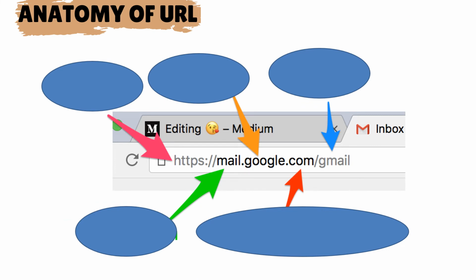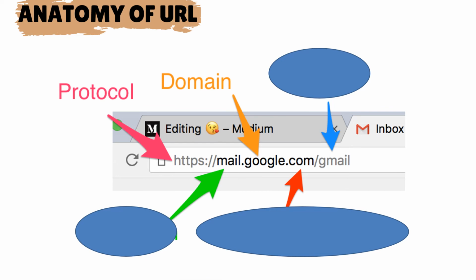Now let's proceed to the anatomy of the URL or Uniform Resource Locator. The first is protocol. As you notice, the HTTPS, it determines how data are transferred between the host and a web browser. It is a type of web address, so the browser connects to it correctly. Next is domain name. The google.com is the registered identification or string. It is used by the domain name system to define a specific area of control and website.